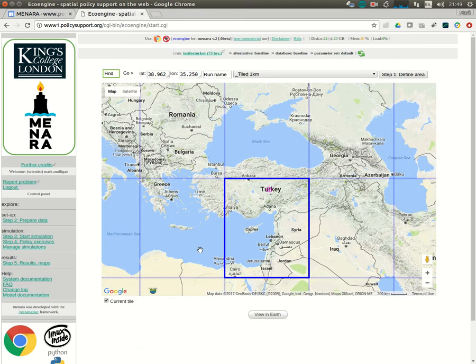We also zoom into the area in which we have generated that analysis. We then have a series of other steps. That was step 1. Step 2 is the prepare data step. This gets together all of the data behind MENARA in the so-called SimTerra database, which also underpins Waterworld and Costing Nature tools. After that, we run an analysis using step 3, start simulation, and then finally we would go to step 5, results maps. And this provides us with a baseline analysis of strengths, weaknesses, opportunities and threats throughout the whole of Turkey at 1 kilometer resolution,